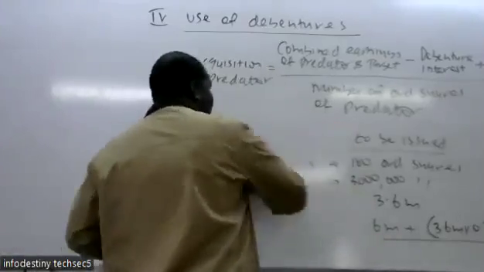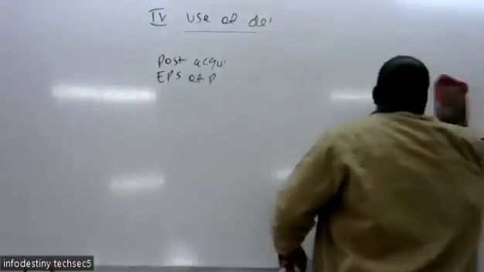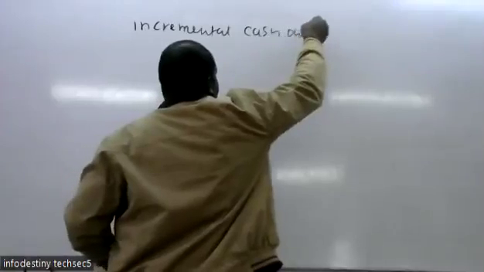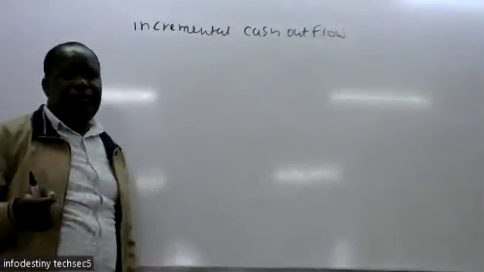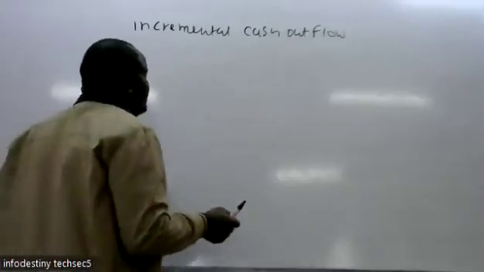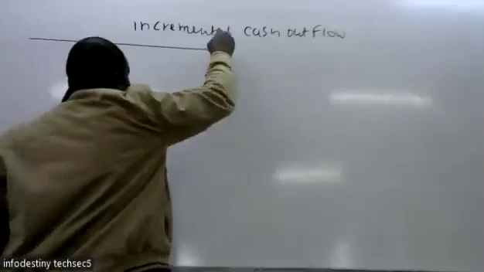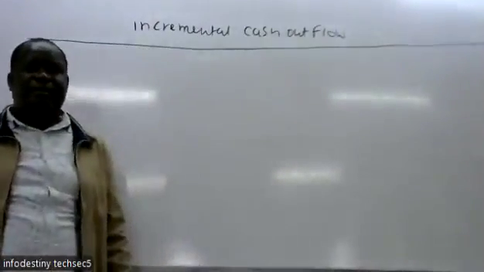So the incremental cash outflow is now meant to be our step number 1. In that particular step number 1,